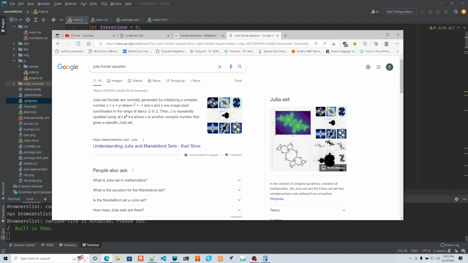Oh, I see. This is taking the Mandelbrot set, except you're holding C constant for the entire image,